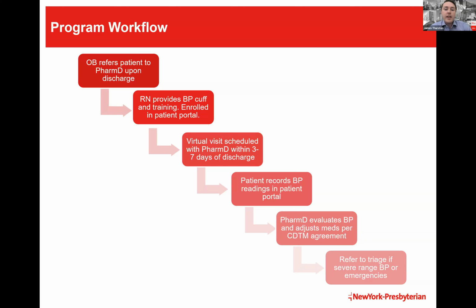We have a scheduling team, and they schedule a visit with the patient with the pharmacist within 3 to 7 days after discharge. The patient is educated to independently log their readings through MyConnect, through the EMR, which uploads into the system, and we could see from our end and independently review each day. And if the blood pressure readings are high or low, we can reach out to the patient outside of the visits. But otherwise, we'll see the patient on that scheduled follow-up visit 3 to 7 days after discharge, where we'll